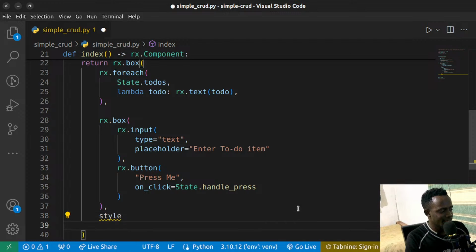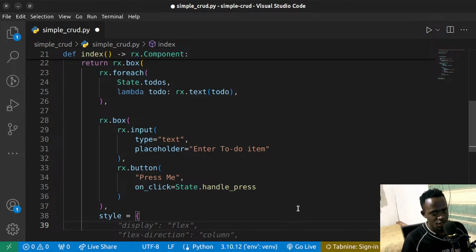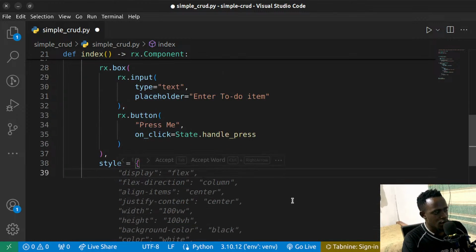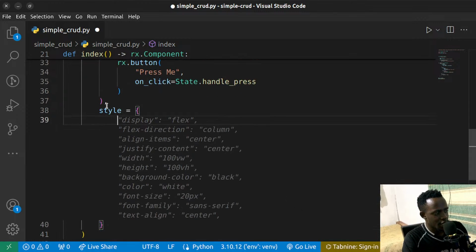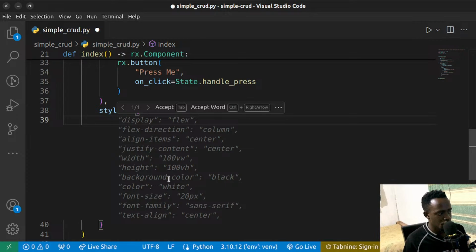So by providing the style prop, you define a dictionary that has those styles. Now these are normal CSS styles, and we can also try to write them in the normal Pythonic way by using snake case, but this also doesn't hurt. However, if you want errors in your console, you'll get to see that React is going to tell you that it doesn't accept styles in